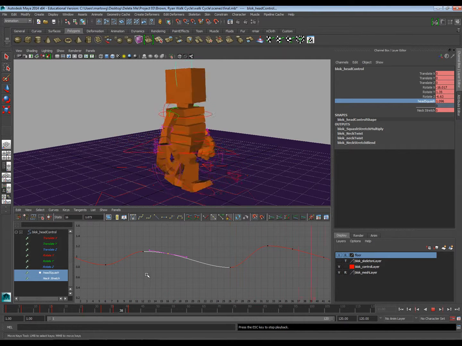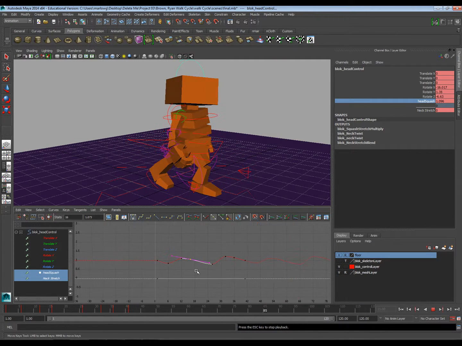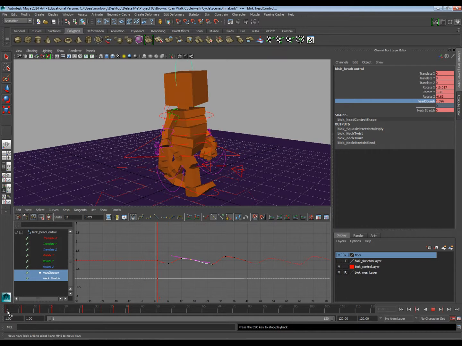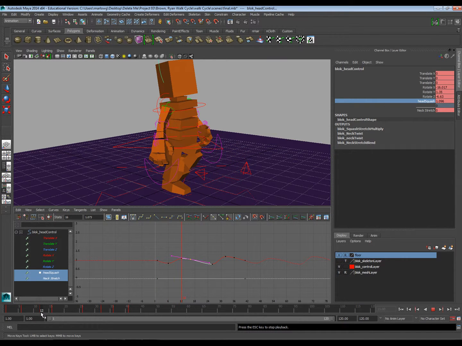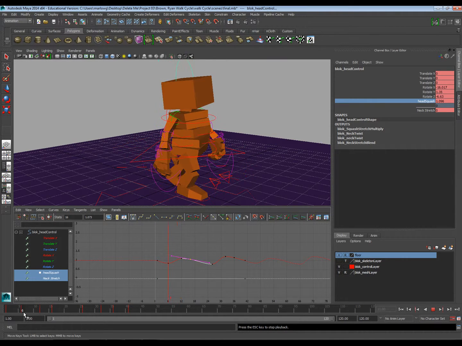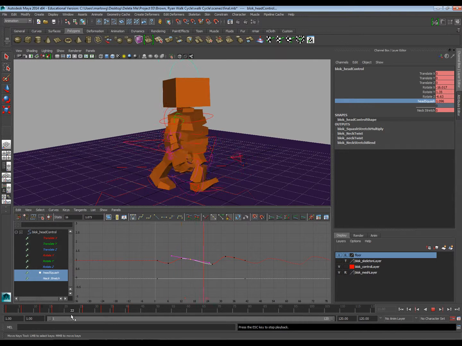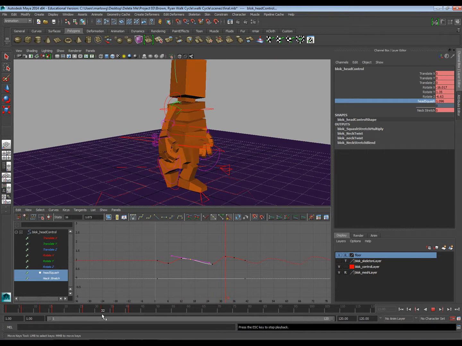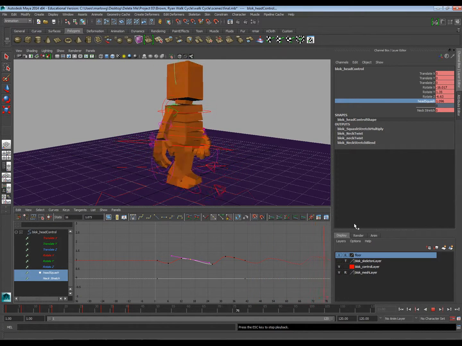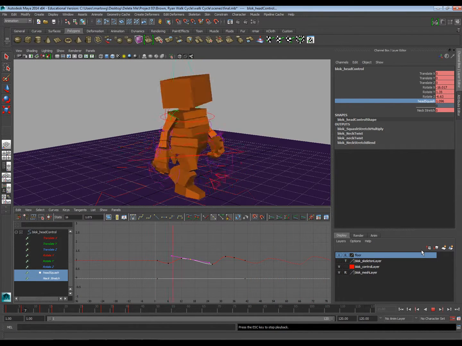The first one seems like it happens over a shorter amount of time. So let's see. From 6 to 12, so that's 6 frames. The second one is from 26 to 32. It's also 6 frames. It feels a little sharper. And you feel a little bit like